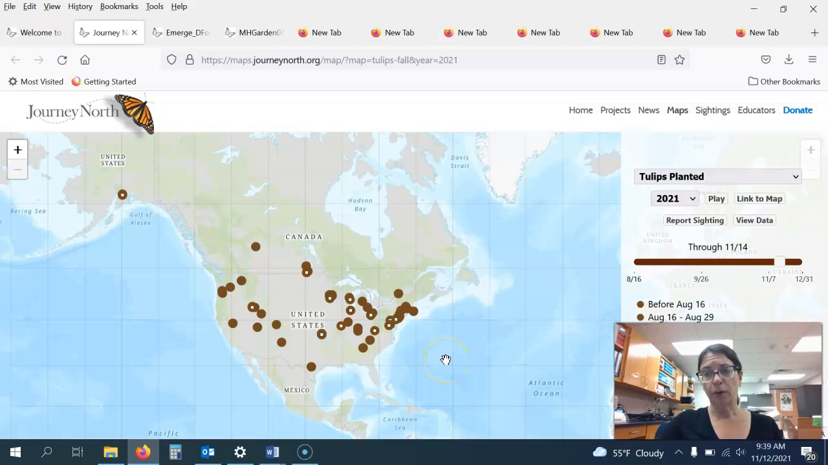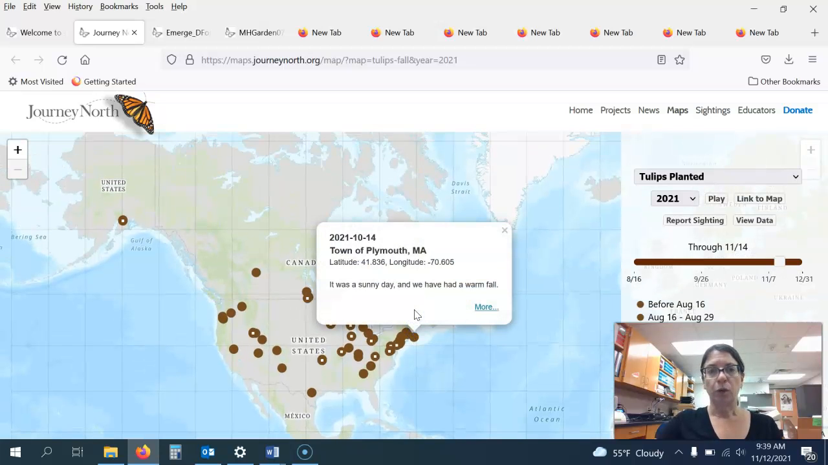Your school will also be represented by a brown dot to log the location and the number of tulip bulbs that were planted, as well as the date that they were planted. If we click on one of the brown dots, we can see what the town is named where the tulips were planted, and maybe a little information about the weather or the conditions on the day that they planted their